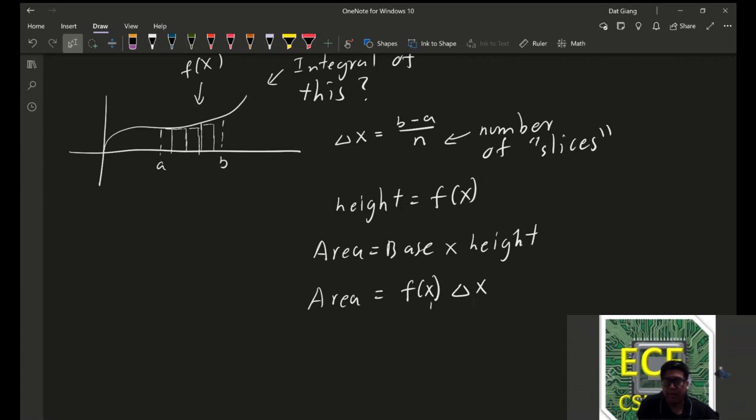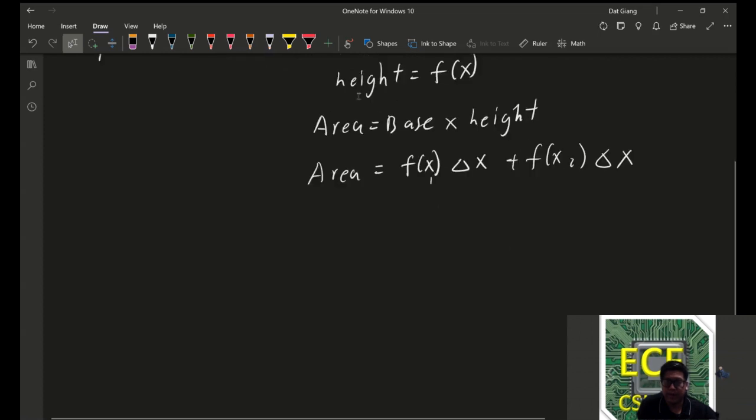So we can have f of x1, f of x2, delta x, and before we know it, we have a lot of partitions, or a lot of areas which we add up together. This kind of summation is called a Riemann sum. Essentially, it states that the area underneath any curve is the sum of all the rectangles with a variable height